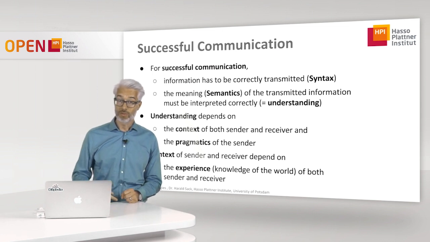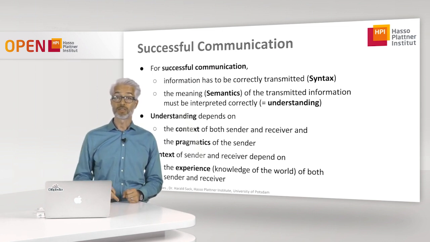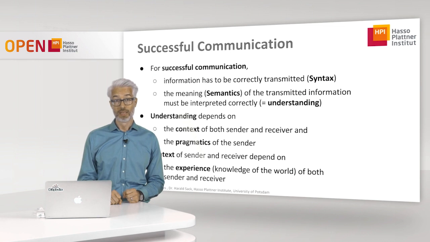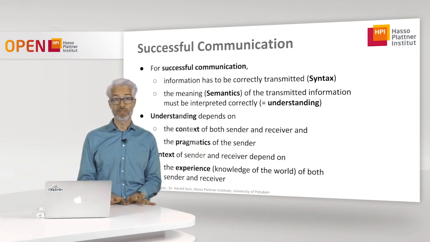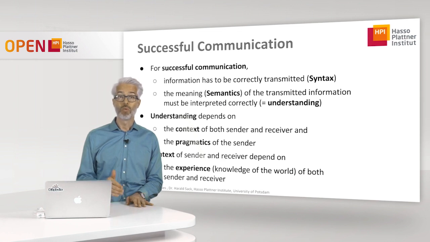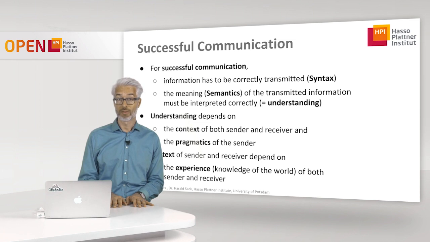So this is also one of the reasons why understanding of natural language is so complicated, because natural language is highly ambiguous and it always takes into account all possible contexts. So this is a major difference to artificial languages, like for example in computer science, which only have one unique meaning and which are simple to interpret. So formal languages are much easier than natural languages, simply because of the lack of ambiguity.